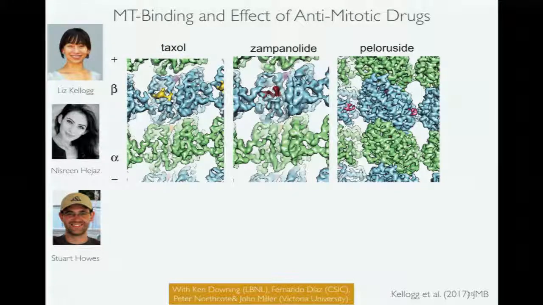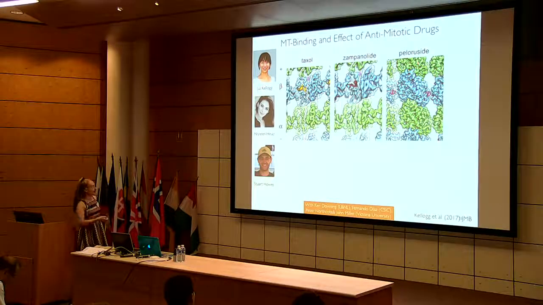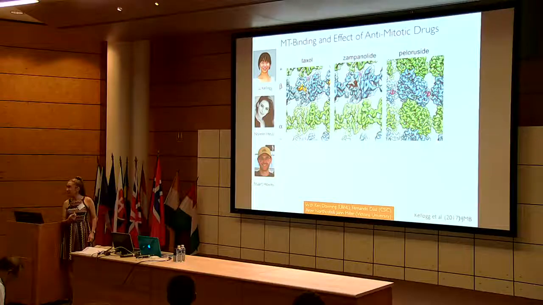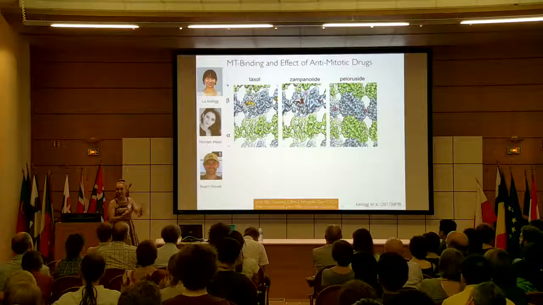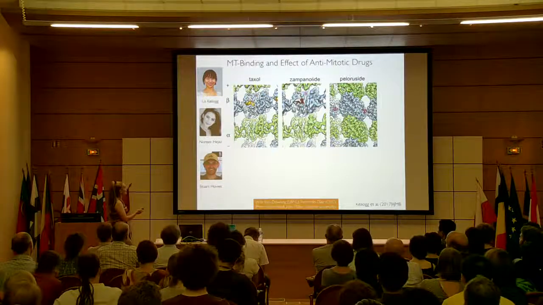This is called peloruside. This one comes from the Pacific yew tree. These are all natural products. Zampanolide and peloruside, they both were extracted from marine sponges. And this one we actually get from Peter Northcote in New Zealand. This is from a New Zealand sponge. And I think for a living, Peter goes snorkeling and picks up these creatures, and then extracts molecules out of them. Have fun. In any case,